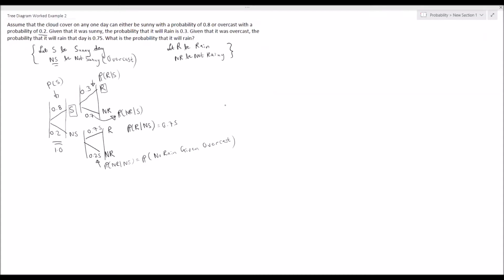Tree diagram worked example 2. This is a continuation of tree diagram worked example 1, but in this video and example we are going to be covering the law of total probability. So the law of total probability